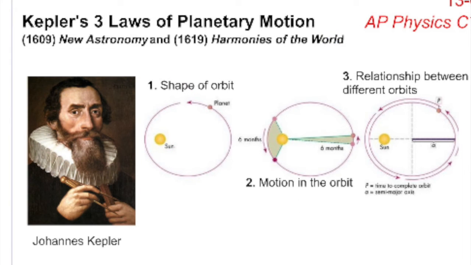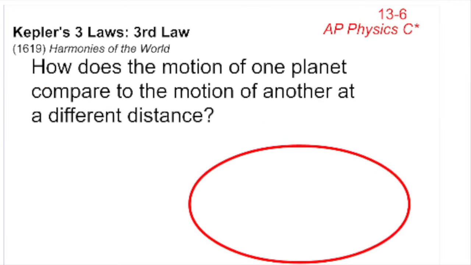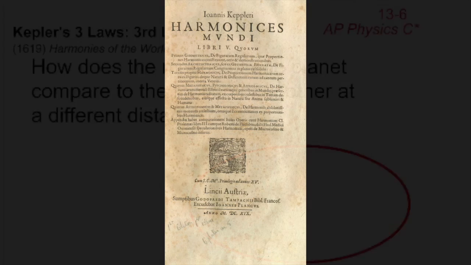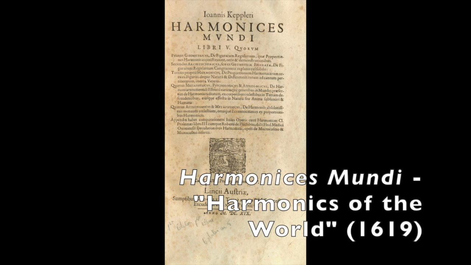So those are the first two laws, but what Kepler really wanted was another law, something that would relate the motion of the orbit of one planet to the motion of all the others, and to unify them together in a beautiful grand harmony, so much to the point that he called the title of this book he published Harmonies of the World, and he called this his law of harmonics.